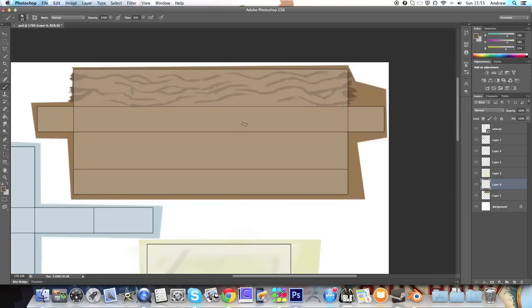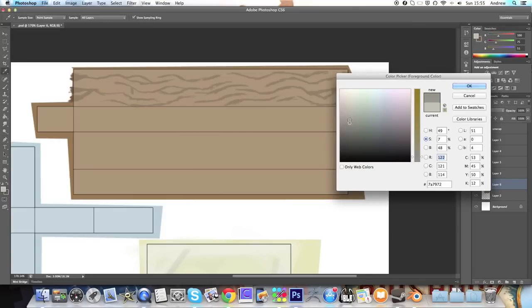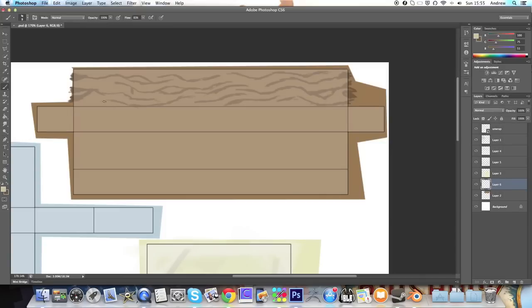So it's really basic, but the actual tricky part that nobody does, I mean it's not tricky, it's just time consuming, and a part that you'd probably forget if you were just doing it without any tutorial, is to make a smaller brush and then actually switch to the whitish brown colour. So let's go over there and get kind of a light brown, whitish colour. And then what you want to do is you want to just go